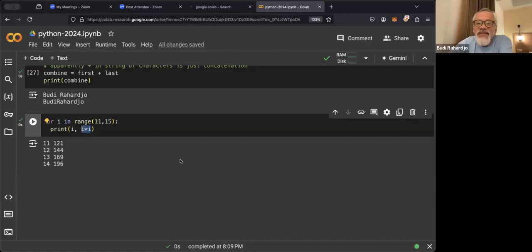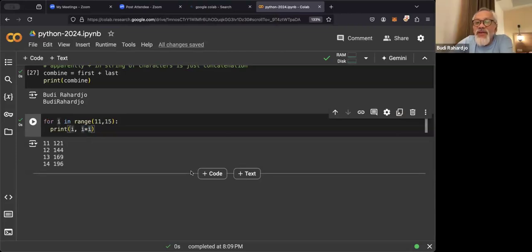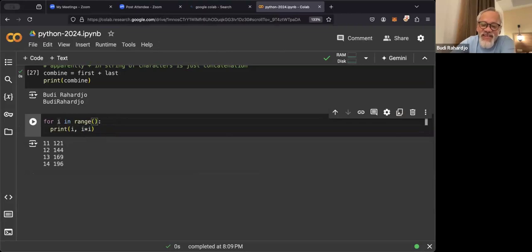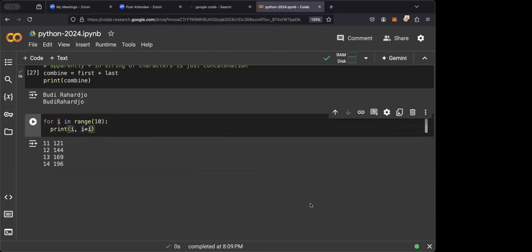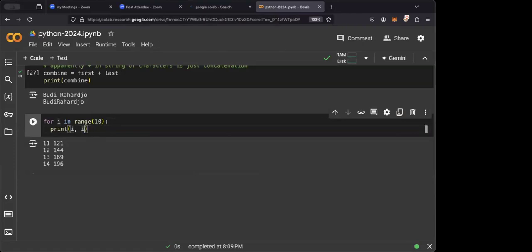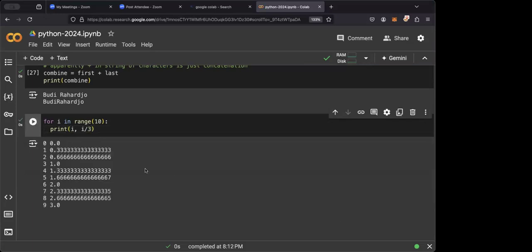Are there any more questions? How about if we change the multiply to divide, Pak? Oh yeah. But I divided by I is equal to 1 all the time, right? No, the range, sorry, the range from 0 to 10. Yeah, 0 up to 10 only. And then divided. It's going to be a problem because 0 divided by 0 is a problem. Let's do this divided by 3, for example. Yeah, it could be done also.